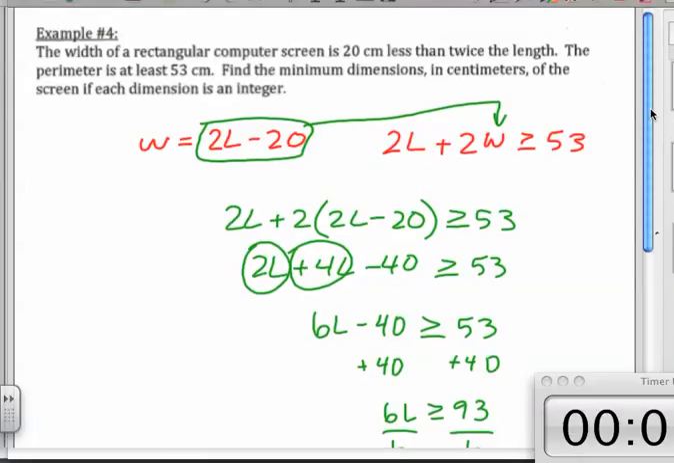But it also says find the minimum dimensions in centimeters of the screen. So I want the smallest dimension. Excuse me, guys. I want the smallest